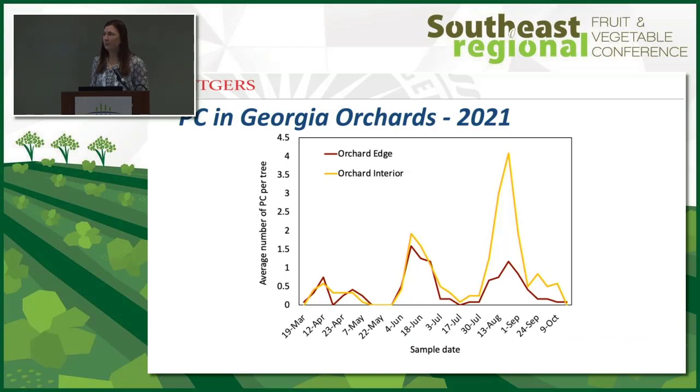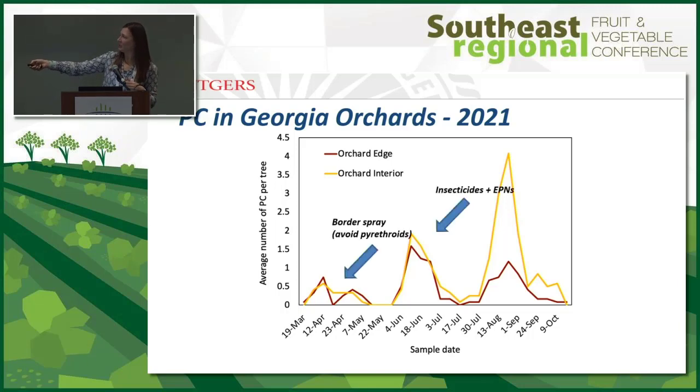So looking at data from Brett in terms of the activity of plum curculio in Georgia, he's divided this up by orchard edge and orchard interior. You have a nice clean three peaks here, which leads me to think that you definitely have three generations of plum curculio, at least in 2021. This population at this site is actually much lower than our population pressure in New Jersey, so I'm a little jealous. Again, you don't see any edge effect here, but what I would recommend